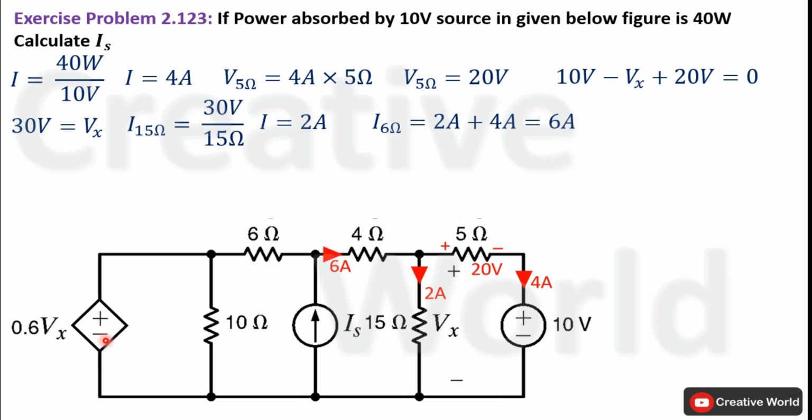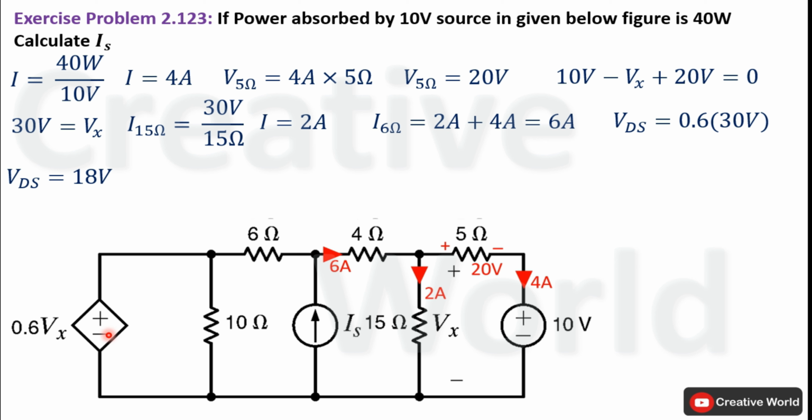Voltage of this dependent voltage source is depending upon the value of voltage Vx that we have previously calculated. So we can calculate voltage across this dependent source because we know the value of Vx, that is 30 volt, and voltage across this dependent source is 0.6 times Vx. So voltage of this dependent source will be 18 volt. Now this same voltage with same polarity will be appearing across 10 ohm resistance. So we can say that 18 volt is across this 10 ohm resistance,